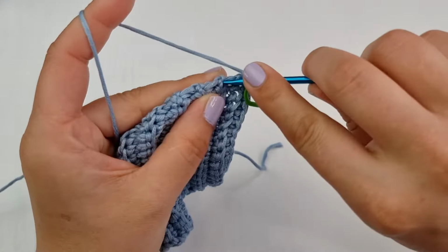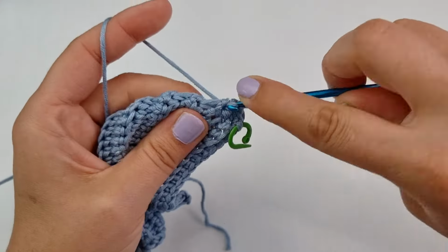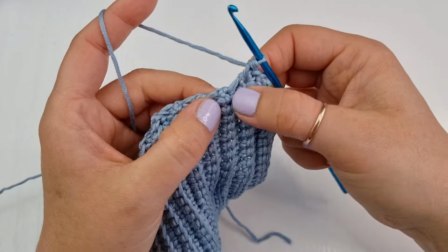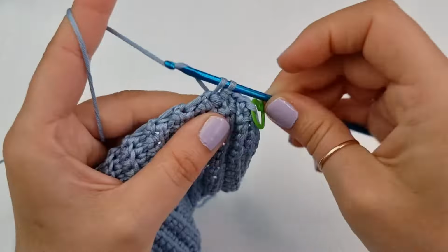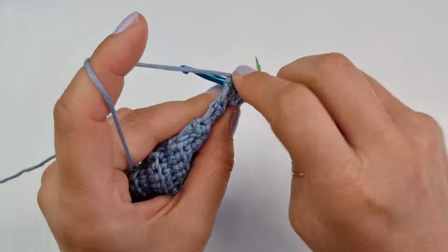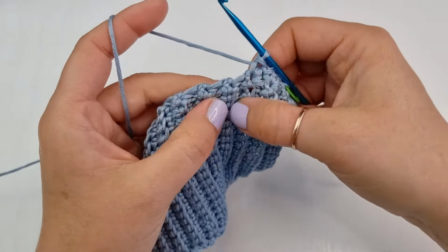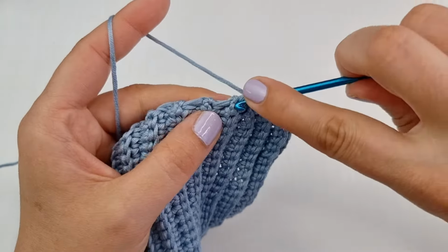So next you will place 2 single crochet here. So 1 and 1 more into the same place. Then you clearly see these 2 rows here. So I will place 2 single crochet here, 1 and 1 more, then on top of here 1 and